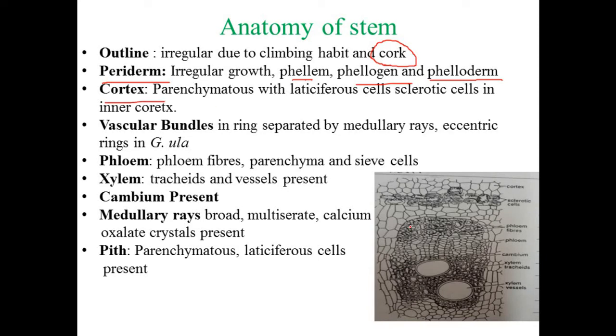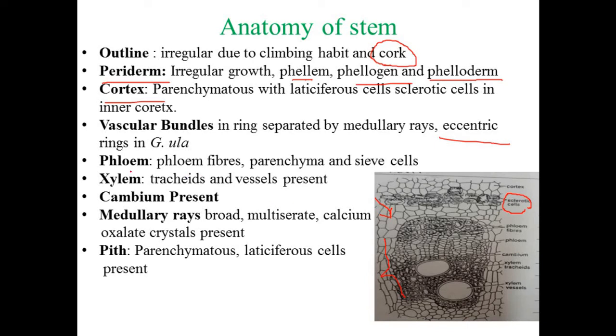Cortex is parenchymatous, and it is with laticiferous cells and also the sclerotic cells. They are in the inner cortex, and vascular bundles are in a ring, and they are separated by the medullary rays. In Gnetum ula, they are eccentric in nature. Phloem and xylem, which are components of the vascular bundle,